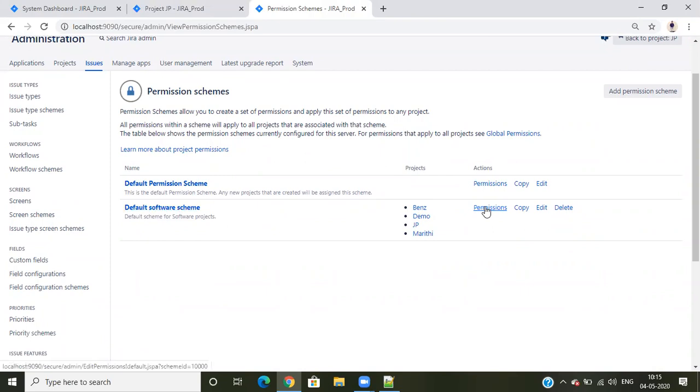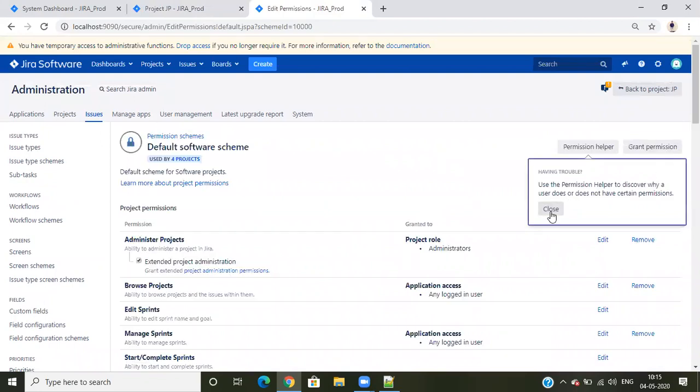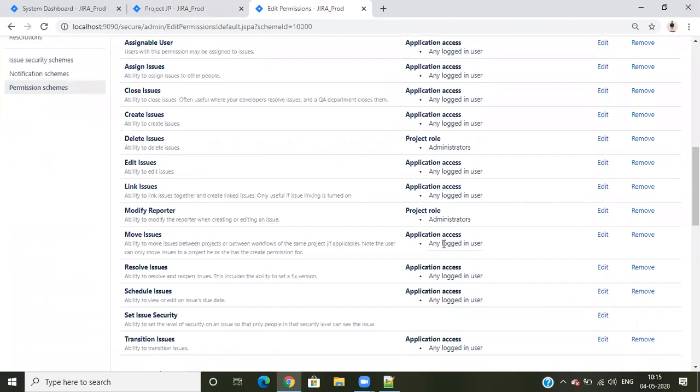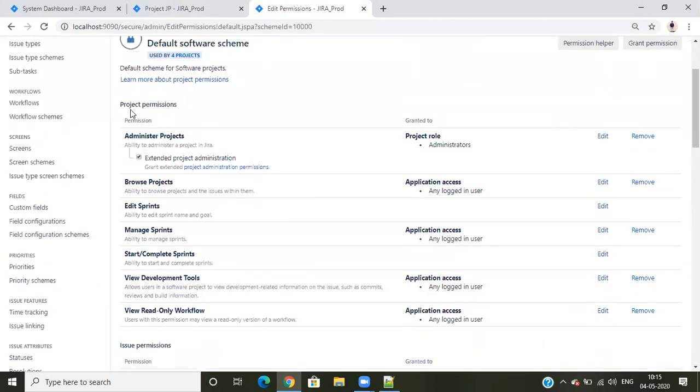I'll open these permission schemes. So these are the permissions we have now. First, let's see what permissions we have.